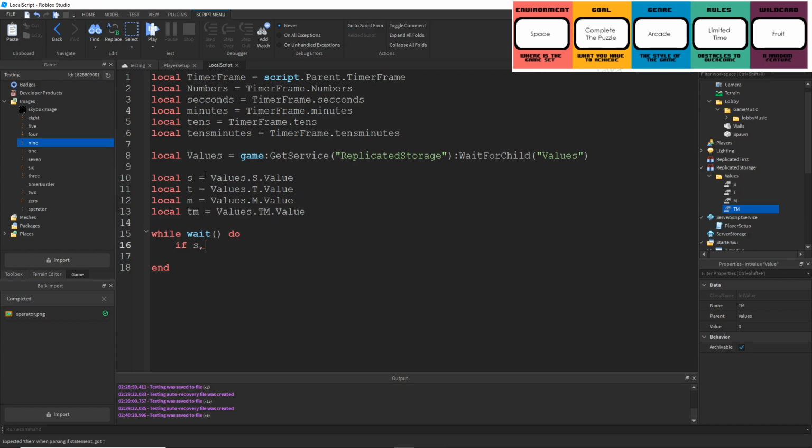So we'll say if s is equal to 0 and t is equal to 0 and m is equal to 0 and tm is equal to 0 as well, then, if they're equal to 0, what we need to do is